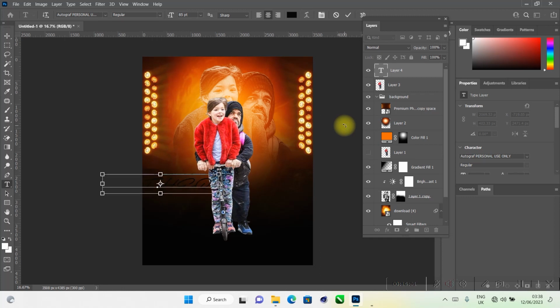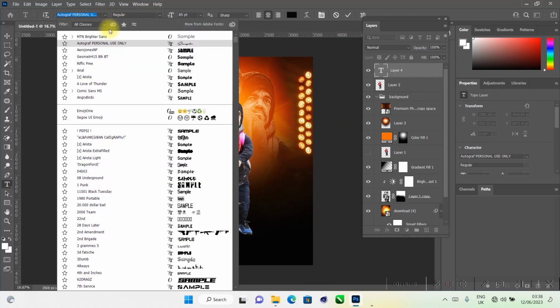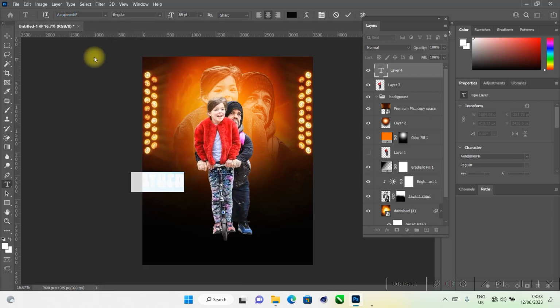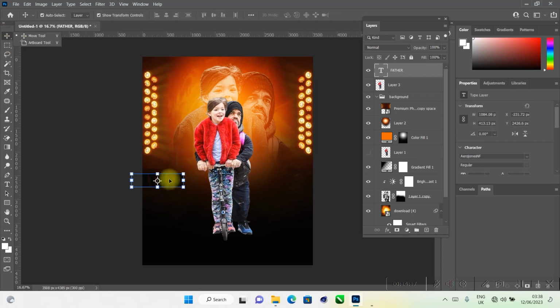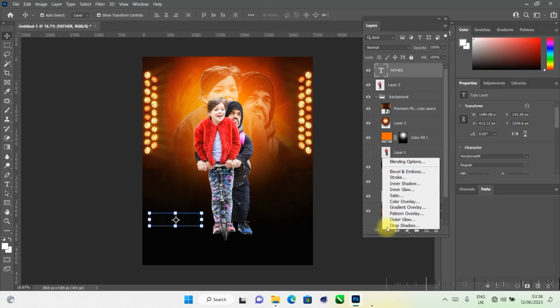Then I'll highlight everything using Ctrl A, then change the font. I'll use Aero Jones NF. I'll use this font. Select my move tool, then I'll drag it. I want it to be somewhere here, so I'll change the color to white, not bright white, something like grayish, something like that. So I can do that by selecting the text, then head over to FS, select color overlay,